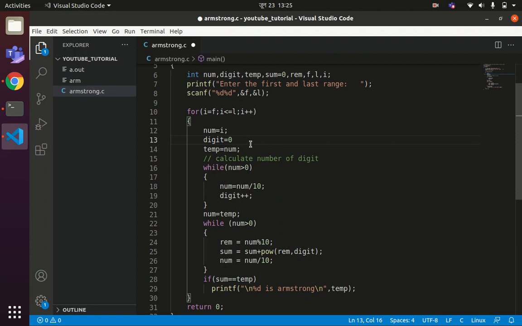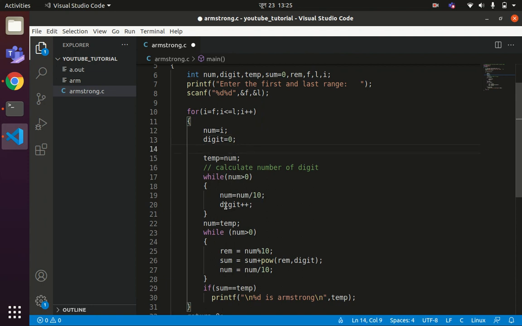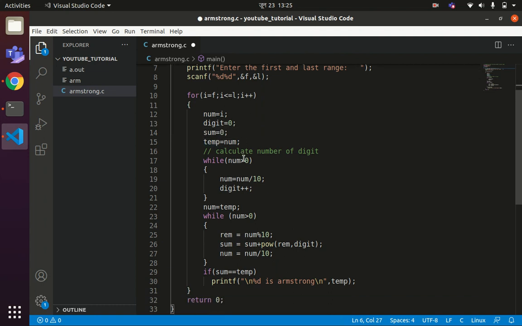So when the loop starts, digit should be reinitialized to 0, and digit plus plus will calculate the total number of digits for the given number num. Again sum equals to 0, because for each individual number we have to calculate a different sum, so we reinitialize it when the loop starts executing. So this is the code.